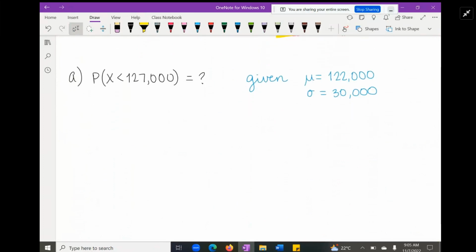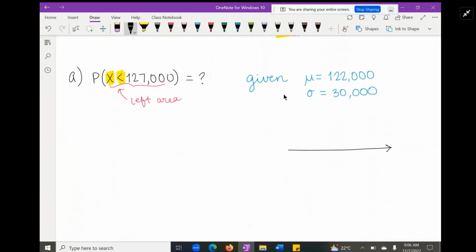So we know what's given to us. Given the question, we're being asked about a single value and it's "less than." Notice the notation. The way we have it set up is all values to the left, or all values less than, all values below. All of that are synonymous to each other, and we're representing it by this whole statement, x less than 127,000. So that means this is a left area that we're looking for,